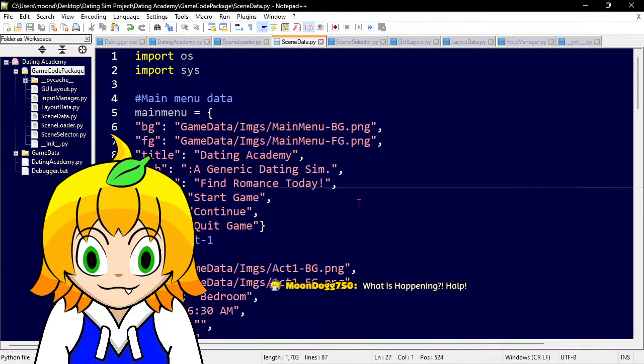But the way I have this laid out, that doesn't feel right because we're looping through the code.